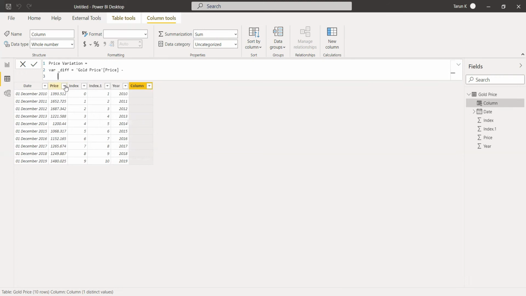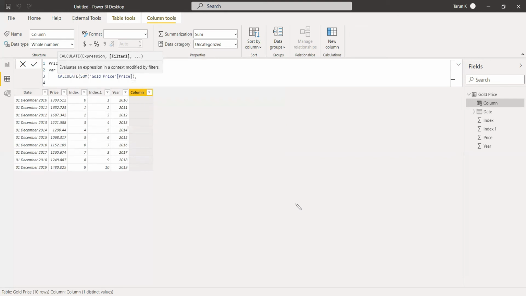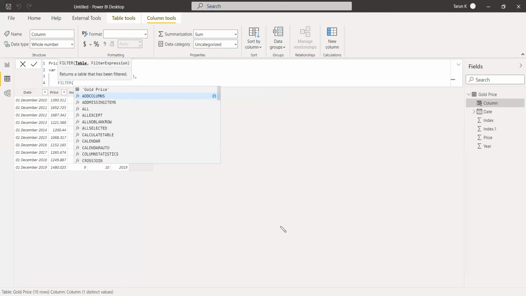Now we need to get the real value. I mean, we have to create the filters with respect to the CALCULATE function. Calculate the sum of gold price and use the filter.